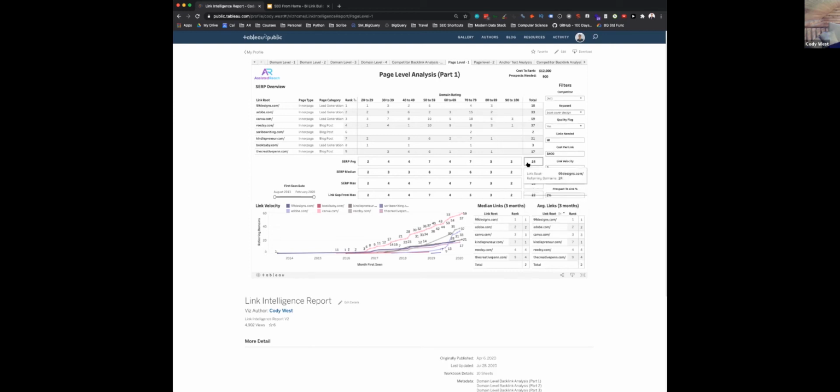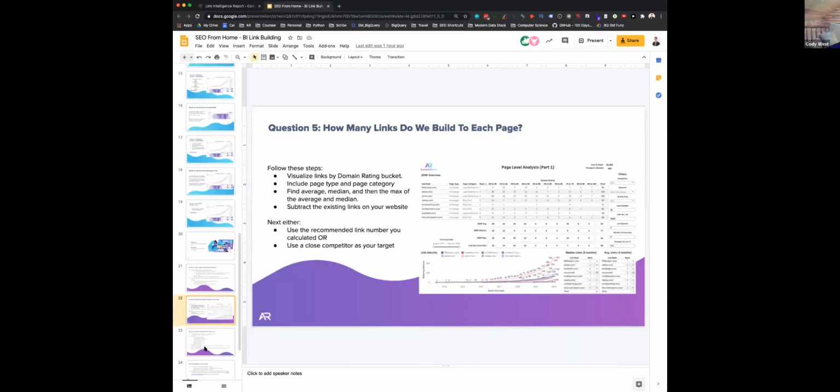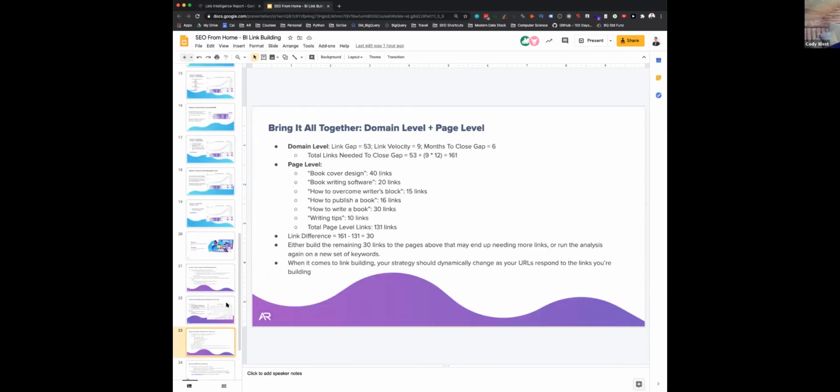And then very similar to the domain level side of things, we want to also look at link velocity. Rather than looking at 12 months, we're going to look at 3 months. And then we're going to just take whatever this average is here. So in this case, we'll say the link velocity is 2. So in this case, we'll say that we want to build 22 links with a link velocity of 2. And then let's say we want to build these links in 6 months. So then if we head back to this page,